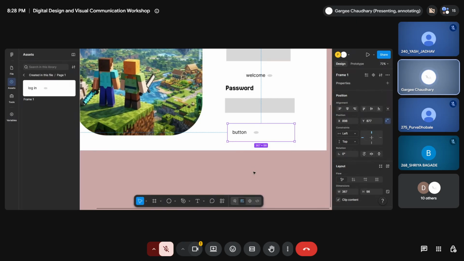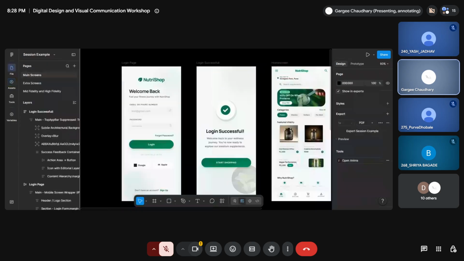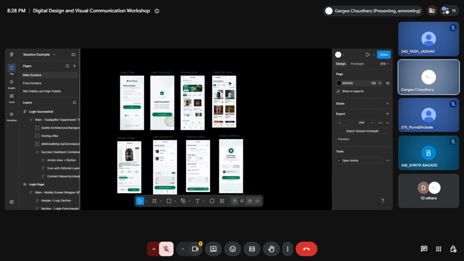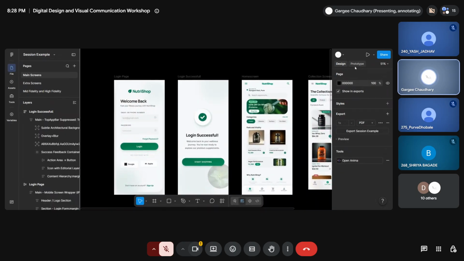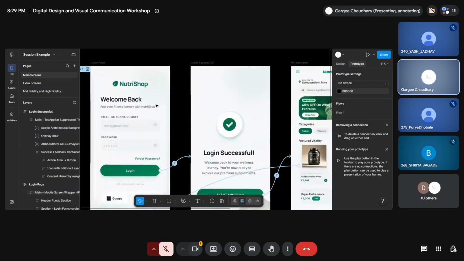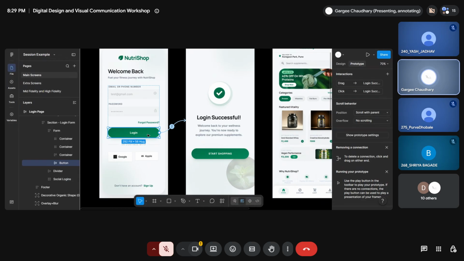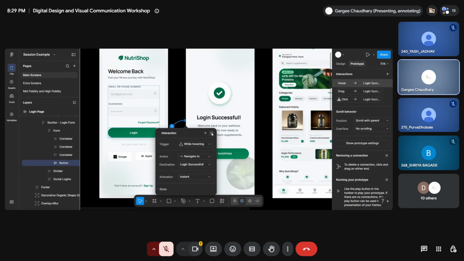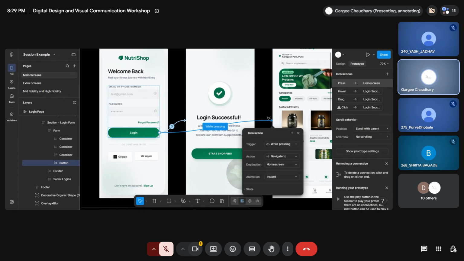Now we will be seeing how to go from one tab to another tab by prototyping. This is something that we made earlier, and I will be showing how to go from one tab to the other. So you want to go from this tab to the next tab. You will be selecting the login button and then going from here to here, to whichever tab you want to go to. You can go from here to here as well, any way you want it to be, right?